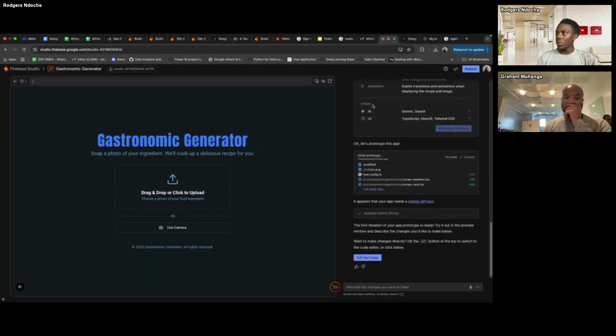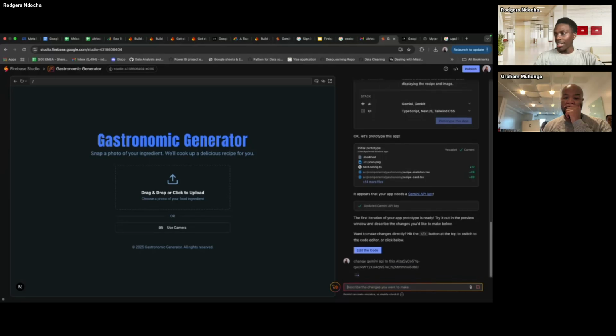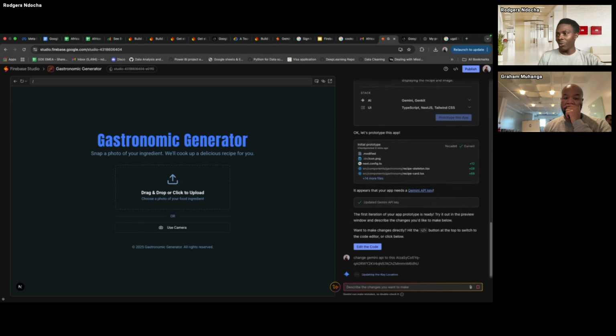I come to here. Gemini is always here. You can write code. You can always tell it to change things. So I'm going to tell my agent to change the Gemini API to this. It's going to locate that file within the .env file and then change the Gemini API. We're going to see if it's successful.